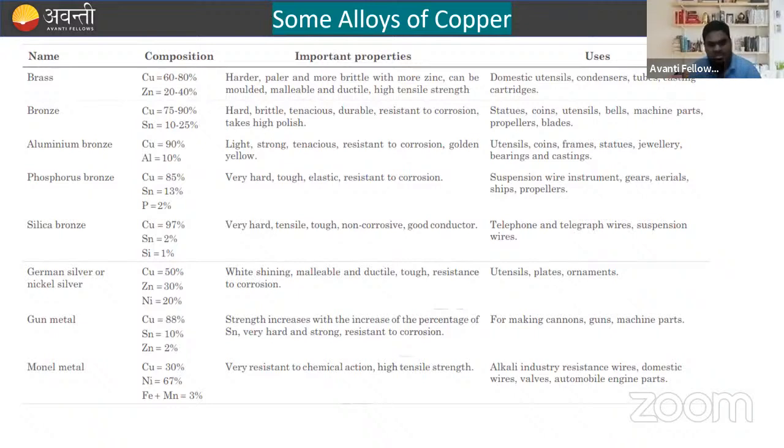German silver is made up of three elements: copper, zinc and nickel, with copper 50%, zinc 30% and nickel 20%. Many times in exams, the composition of these three is asked. Similarly, gunmetal is copper, tin and zinc. And monel metal is copper, nickel and